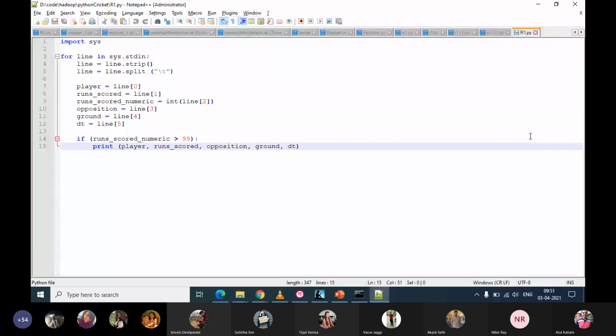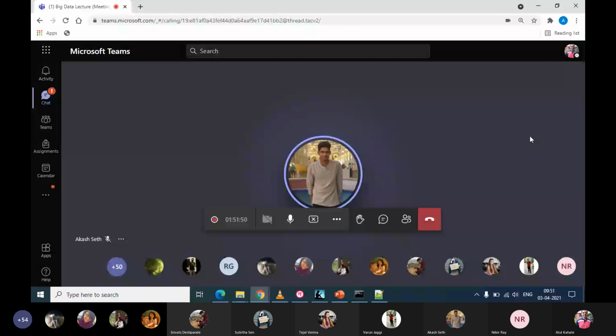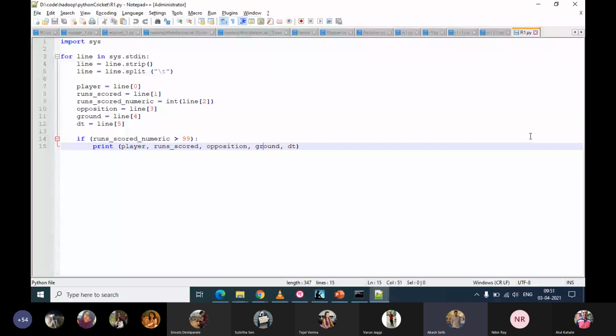Excuse me, sir. So, I have a question. In the reducer codes right now, we are actually modifying it. So when we were using the jar in Hadoop, how do we do the same in that part? Over here, we are sorting it if it's greater than 99 and so on. So how will we do it? Will we do it over there in the Hadoop framework?